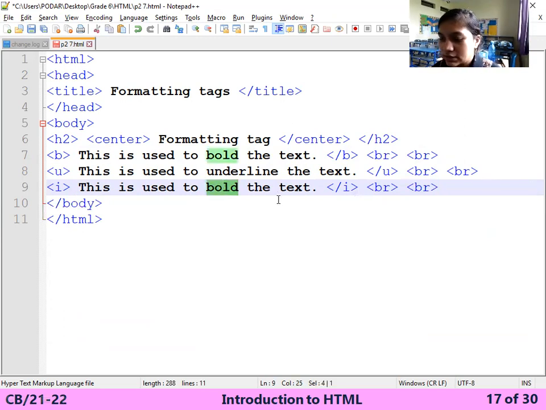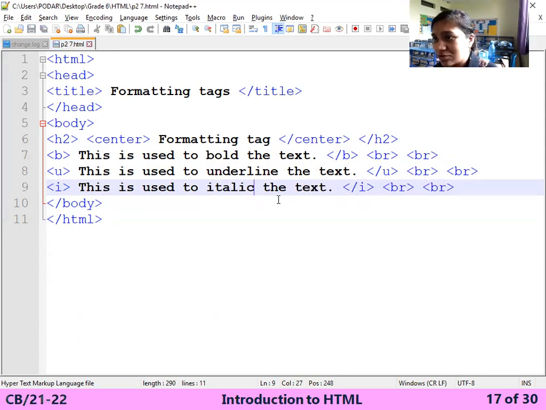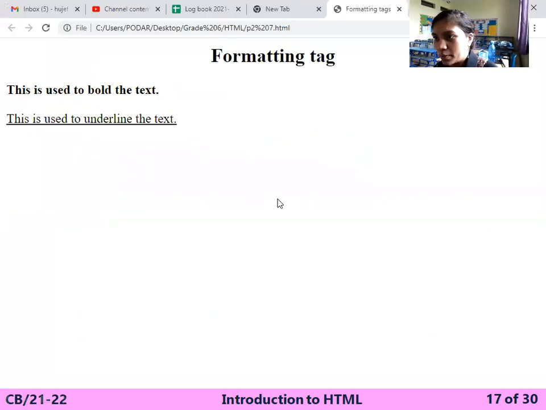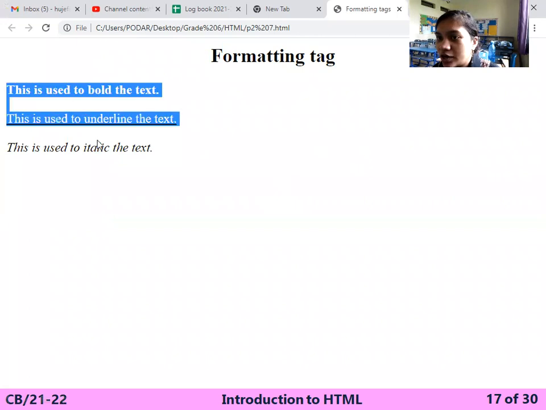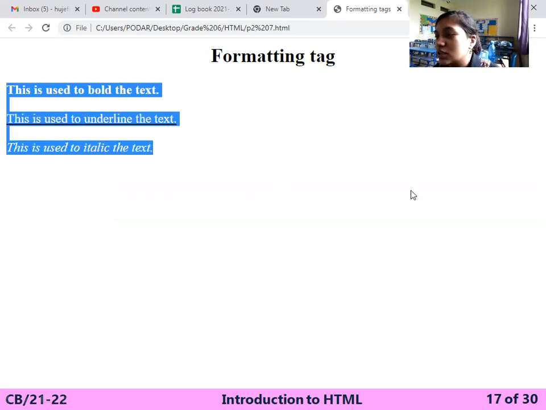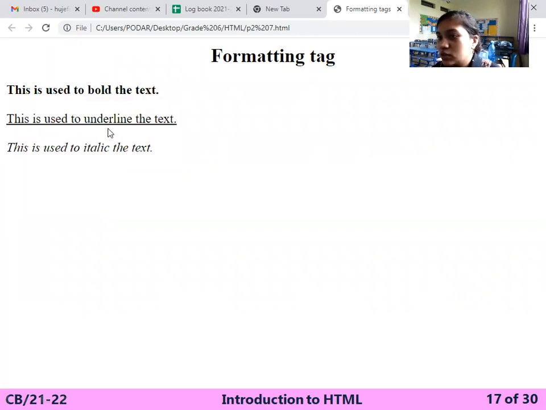Here I am writing italics. Save it. Go back, press F5, and you can see the output. How do these 3 differ from each other? This is the bold one, this is the underlined one, and this is the italics one.